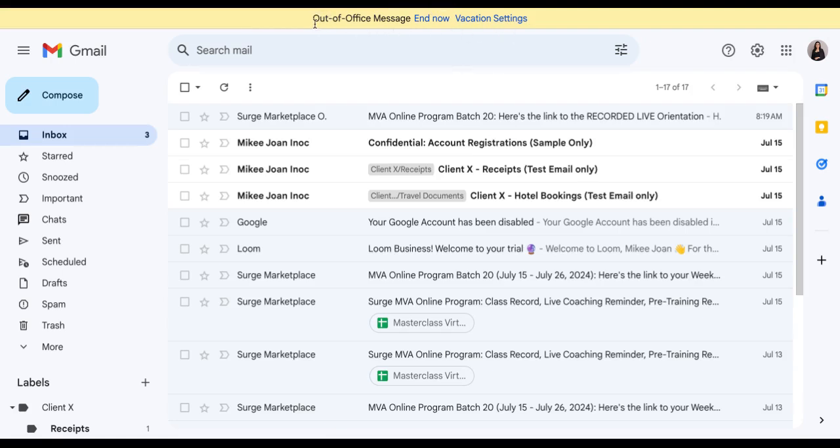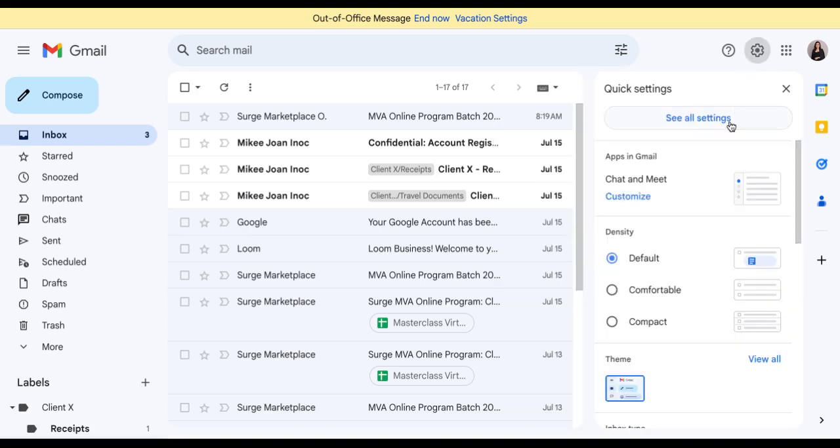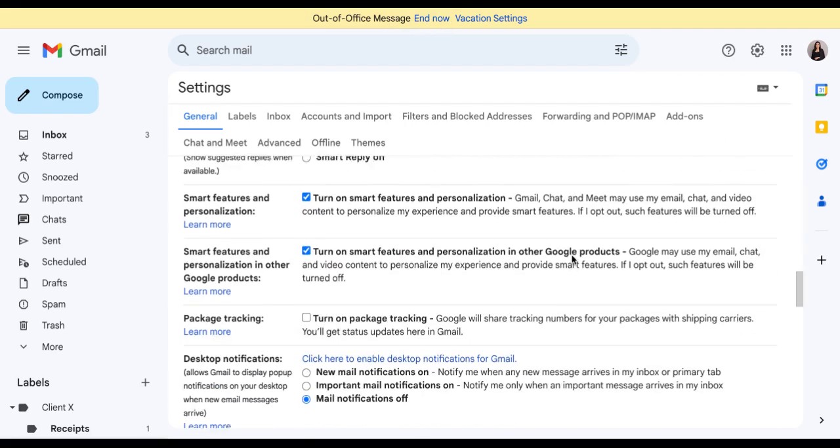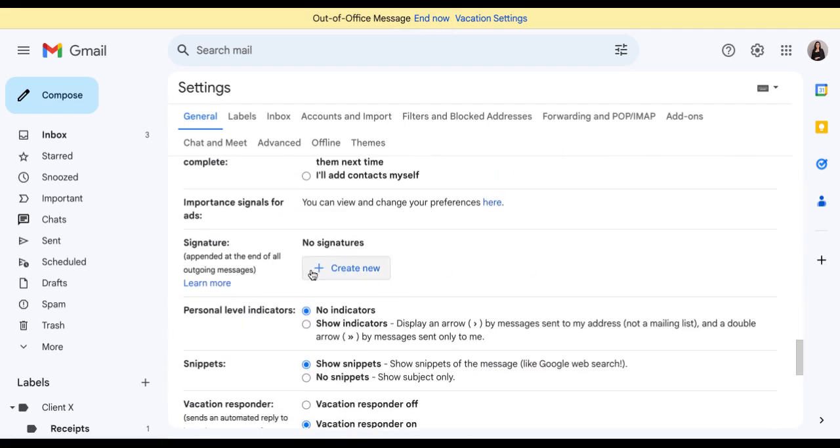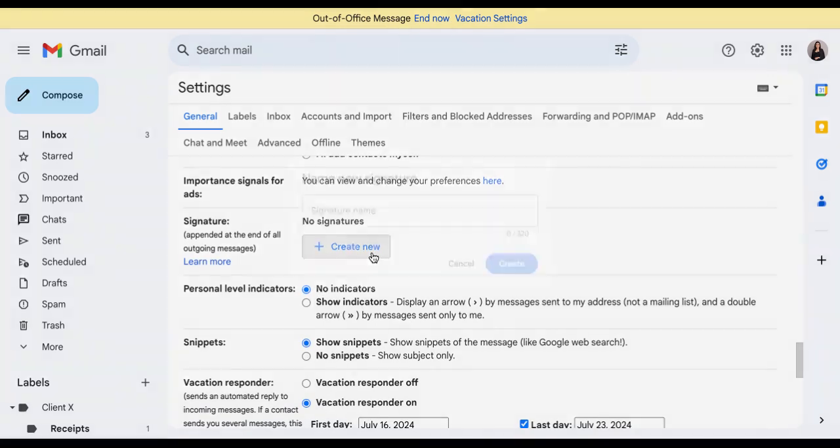Lastly, I'll be showing you how to create an email signature, and I have created mine using Canva, but you can also use HubSpot and Wix. In order for me to add my email signature, I have to go to settings and then see all settings again, and then scroll down until you see signature and click create new.